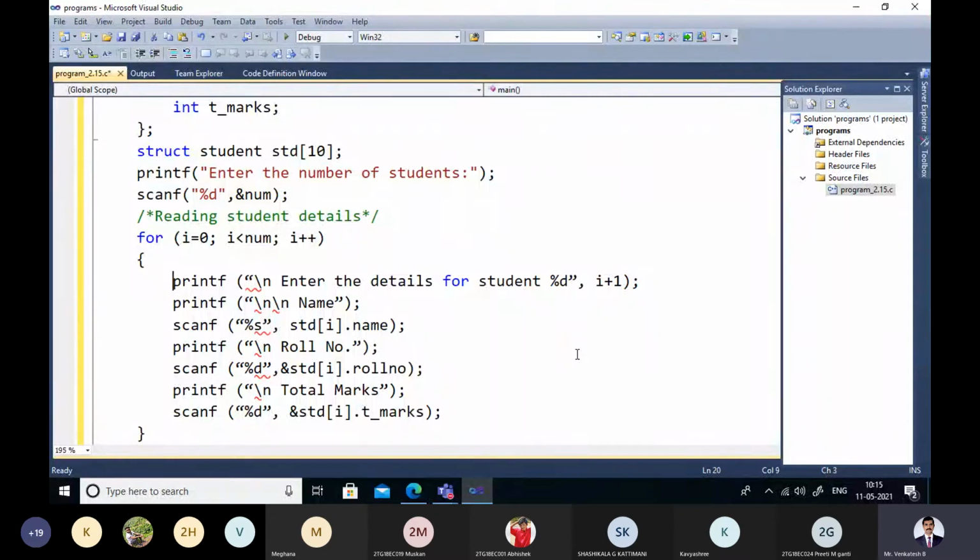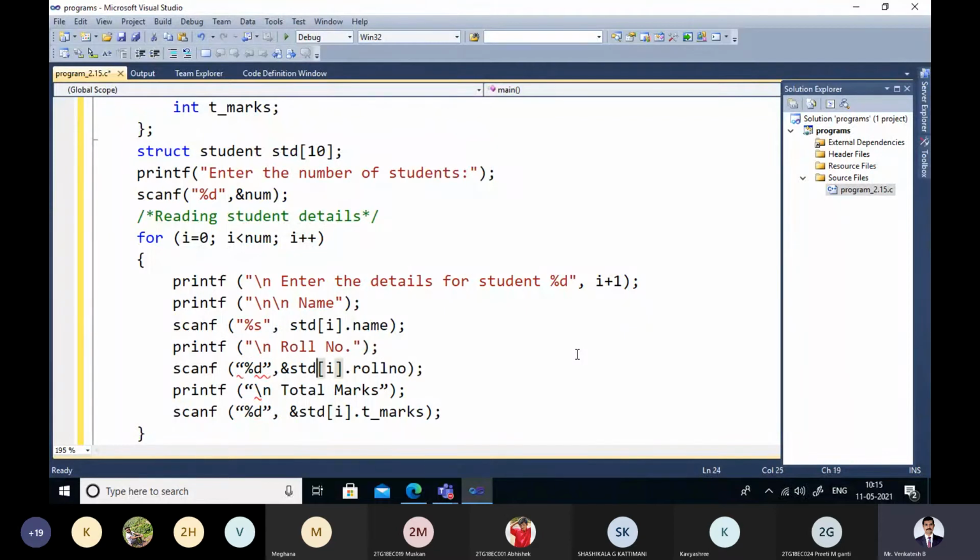Right? Enter the details for student I plus 1. That means for the first student you enter the details. And which detail we are asking specifically? We are asking the detail called name, and that is being stored in a variable std array. That means ith member, that name will be stored. Next, roll number. We are asking user to enter the roll number, that will be stored in the roll number member of the first structure variable.